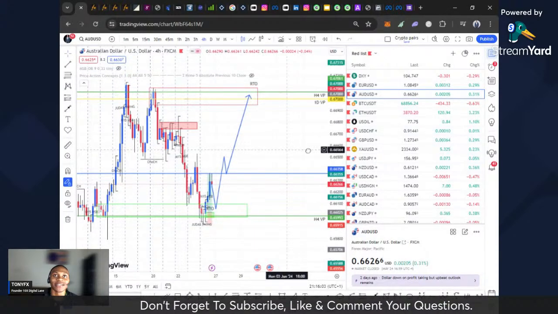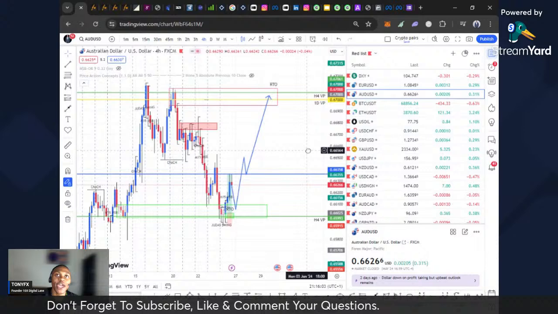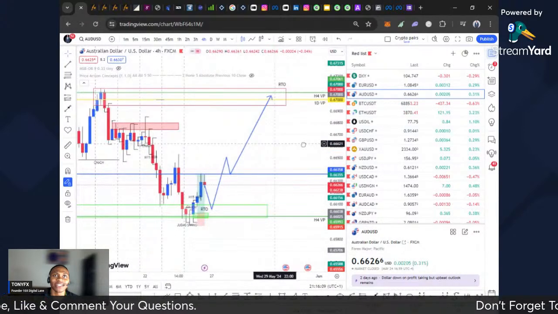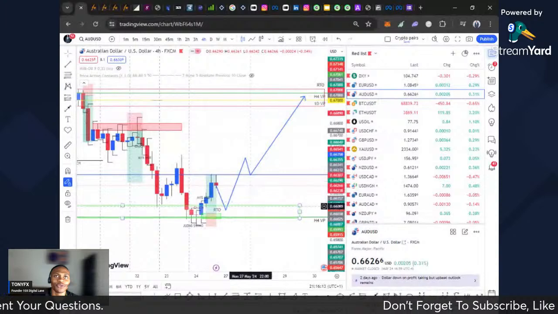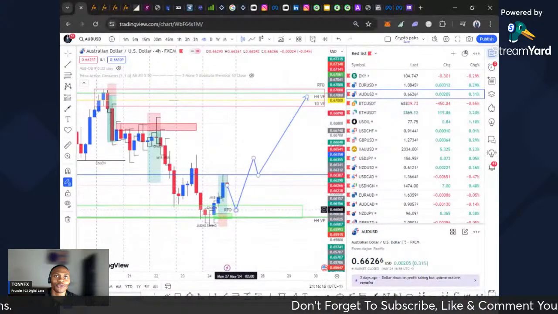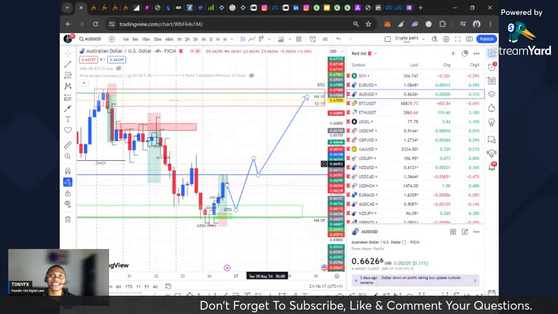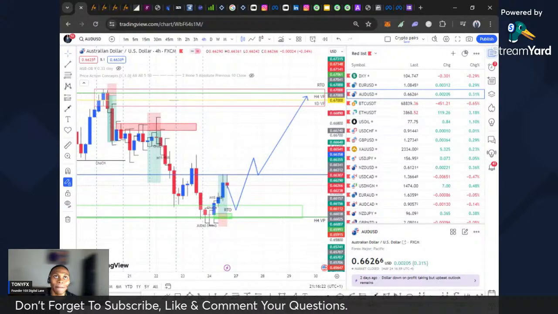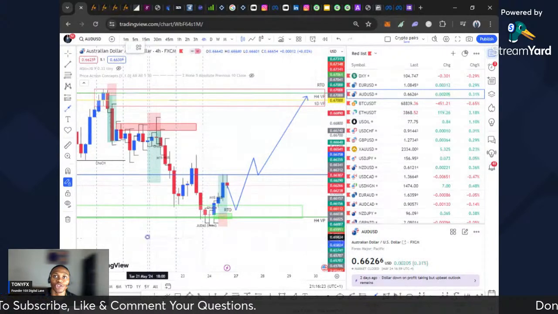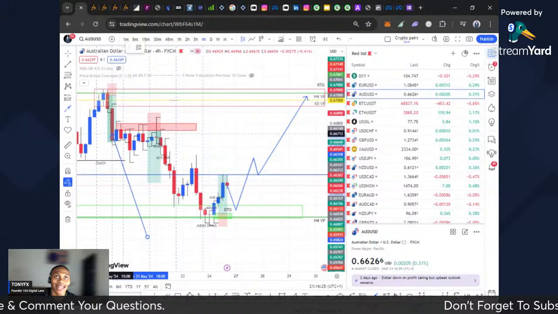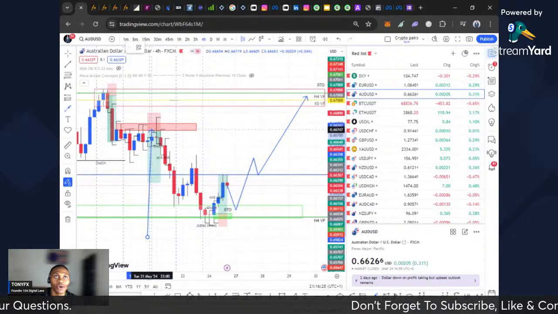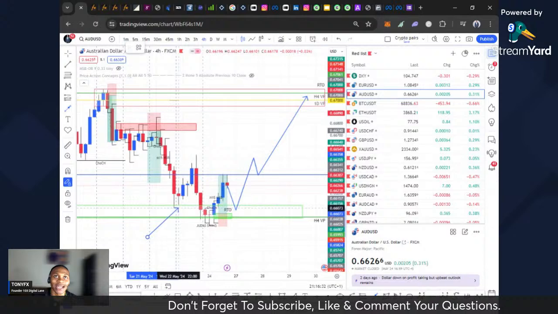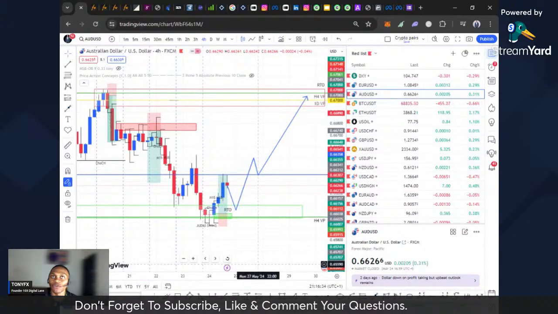Fantastic. So AUD USD was one of those trade signals I sent to everyone on Friday. Like I told you guys, I'm anticipating the dollar to gain some strength as soon as the market opens up. These were our two trading opportunities we called out on AUD USD last week. It was successful. We sold AUD USD on a Monday, and we also sold it on a Wednesday, and it was successful. We made massive profits.